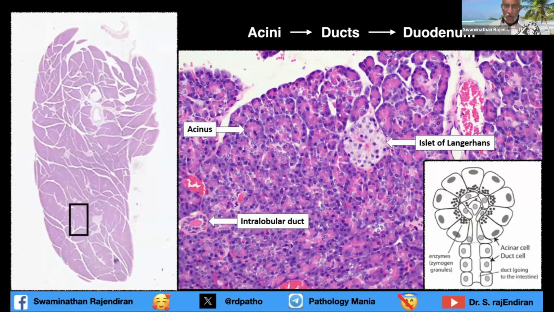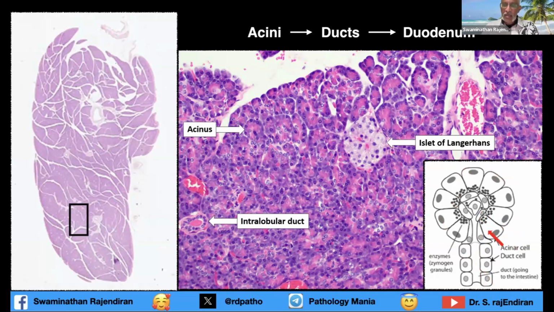Cartoonistically, you may be seeing the acini here continuing as ducts. And surprisingly, the myoepithelial cells are not there in the pancreas, at least to my knowledge, because we get the myoepithelial cells in all the secretory organs to compress the secretions into the duct system. I don't know why pancreas doesn't have myoepithelial cells. Some of you can take it up as a research project, how the secretions are coming out in the duct